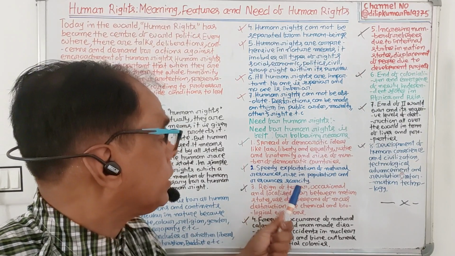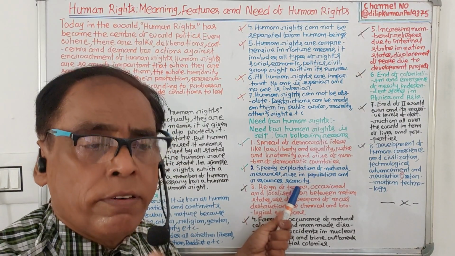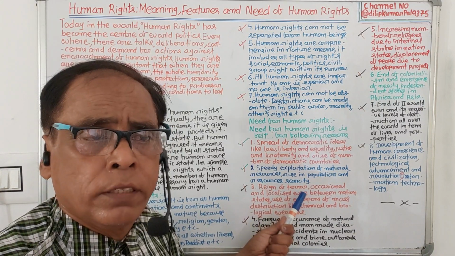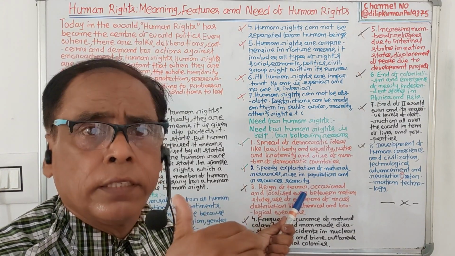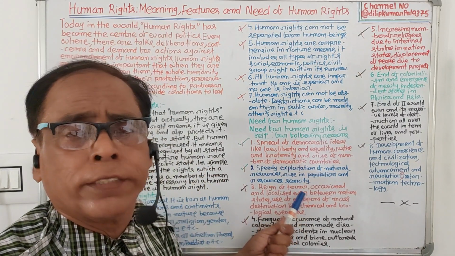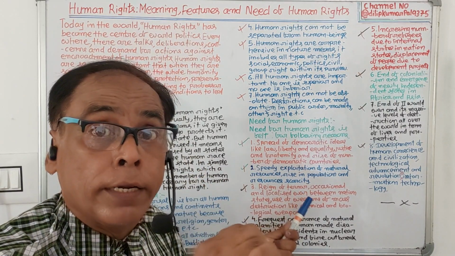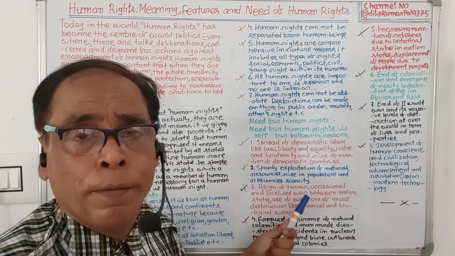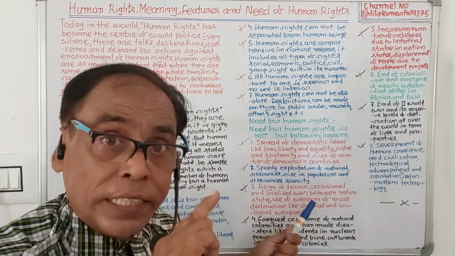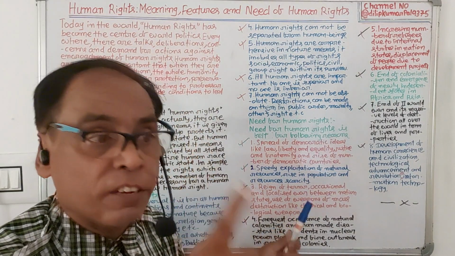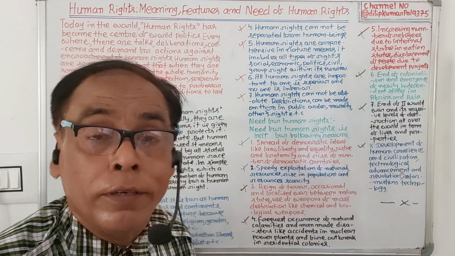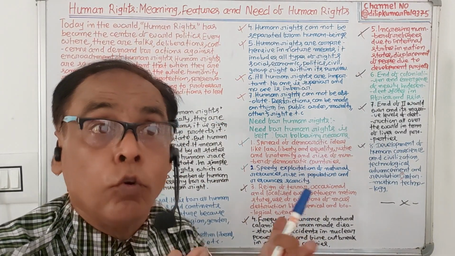Then resource scarcity. Whenever there is exploitation of maximum resources, it is felt that for future generations, natural resources are necessary. So at the time it is felt, the need of human rights. If all the natural resources will be exhausted, what will the people of the future do? What will be their condition?